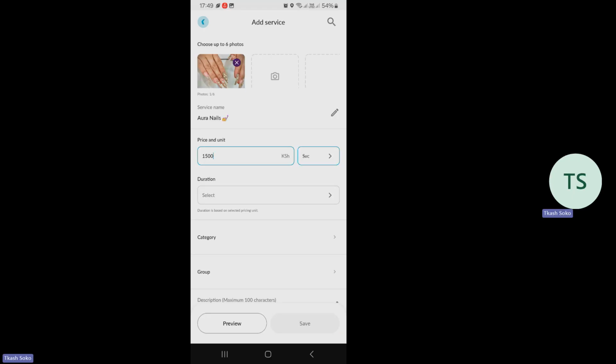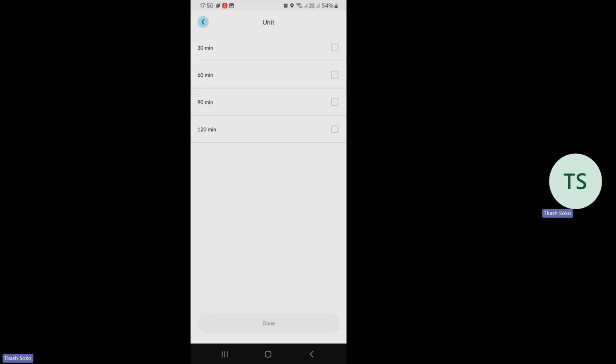Then the duration, how long does this service take? Because tumesema ni per service. Hiyo service ya kutengeneza mtu hizo kucha itachukua how long? Why is this important? It is important because people are going to be booking for services online. So watakuwa na book kukuja kwa shop yako. Anafaa kibook ajue nikikuja nitakaa for how long. So that is why we have this option of the duration.